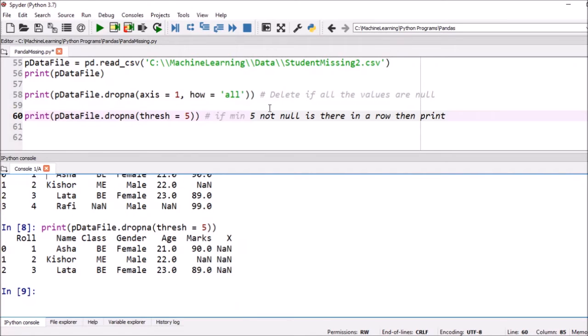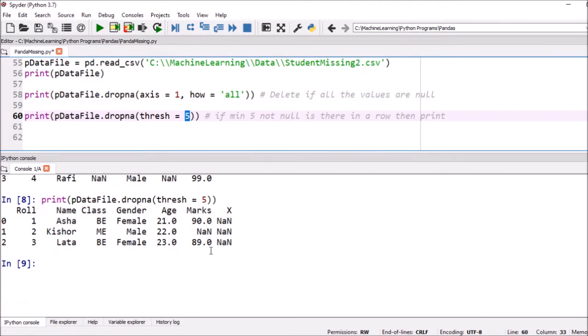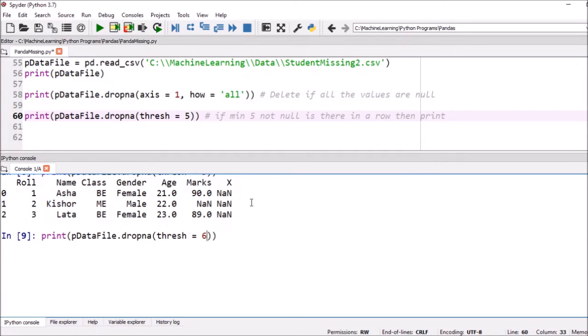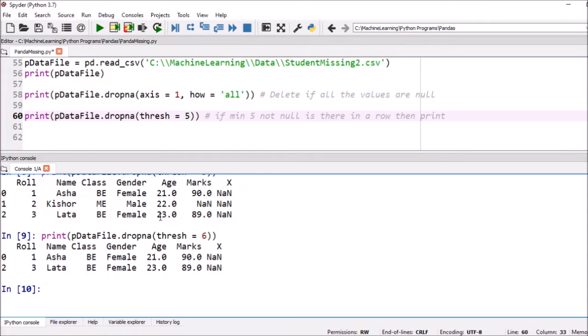So if a minimum of 5 valid values are in a row, we can retain it. Now suppose we change it to 6, that means 6 valid values are required to retain a record. In that case, that particular record will be eliminated. Now if you execute it, this particular record is not there, because here 5 valid entries are there. Are you getting this?